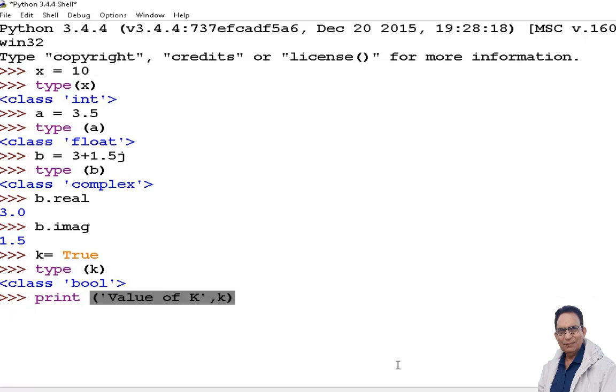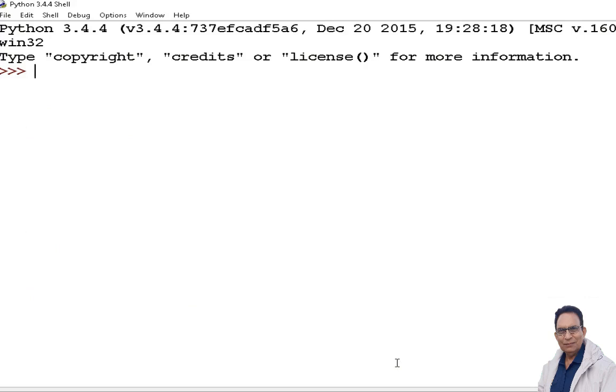Close, press enter. So whatsoever you are writing within parenthesis is known as the string, and the string is appearing as that says value of k, and after k I am writing comma k. So this k, last k, is the variable which is holding the value true.